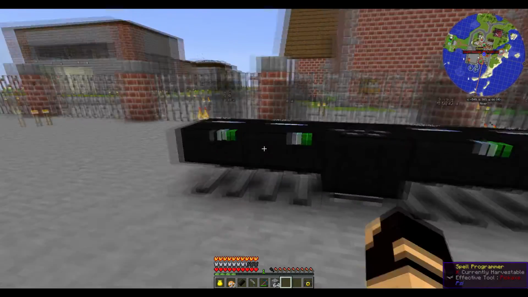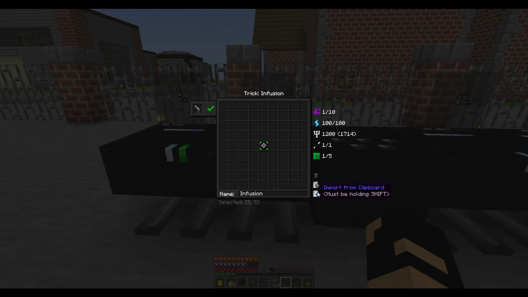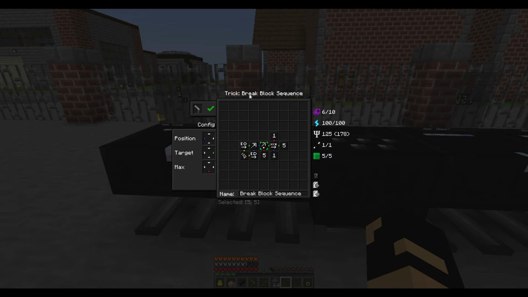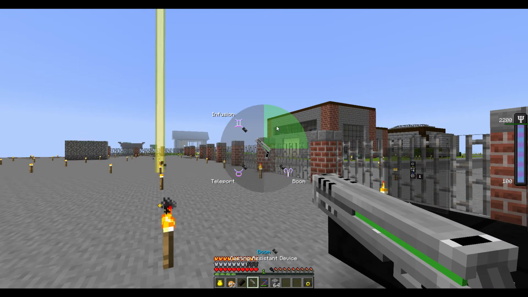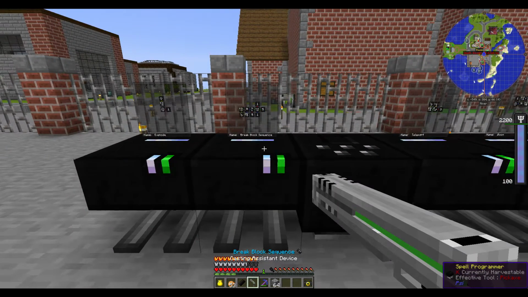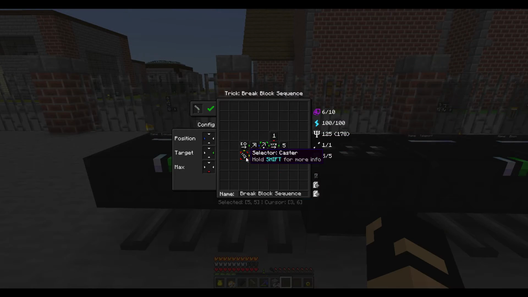I don't know. And then this one was here. Let's see. Shift, import. This is the break block sequence. So if we switch to infusion, shift right click, we can add it on there. So it starts with me, where I'm looking, where my position is. It shoots the ray cast out. So it's getting these 2 vectors. Break block sequence, which I still kind of don't understand, gets the position from the ray cast, and it's going to target